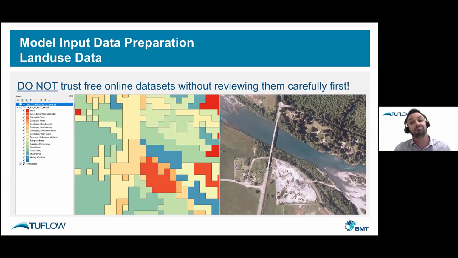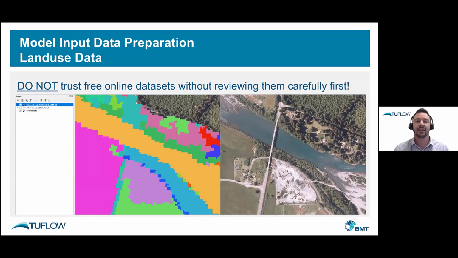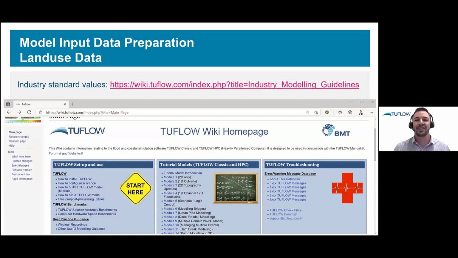Next piece of advice, don't be lazy and just use online data sets without checking them. This is an NLCD data set, so it's a US data set on the left. There you can see it compared against the actual aerial imagery. It doesn't really reflect reality. I'm not sure how they created that data set, but it's very wrong in this instance. Without changing that to a manually defined data set, which I've shown there on the left, I couldn't have calibrated this model. Not accurately anyway. I could have calibrated it, but whether it would be right or not is a different story. Once again, mapping of land use, it doesn't take long. People complain about it, but that's just people being lazy.